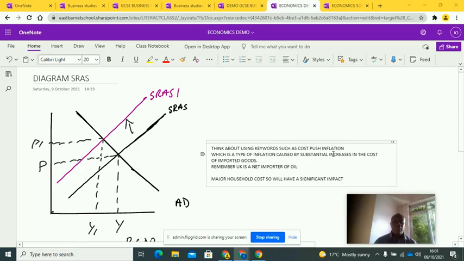And what is cost push inflation? It is the type of inflation that's caused by a substantial increase in the cost of imported goods. Remember, the UK is a net importer of oil. In other words, we import a lot more oil than we export. Scotland produces some oil and we export a little bit of that, but we import a lot more. So if the oil price goes up,